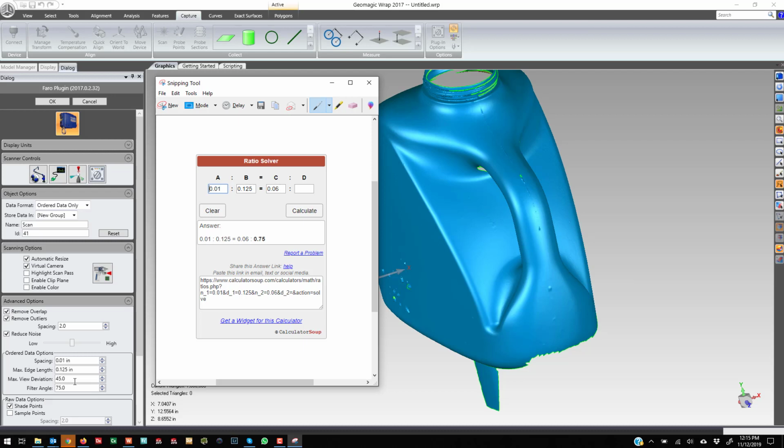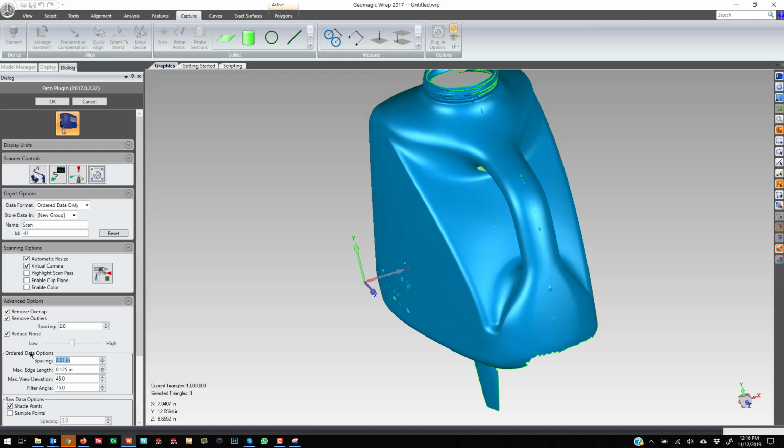Now the filter angle and the max view deviation, I don't need to worry about those. I leave those alone. But if I need to scan a larger object, I'll go up from 10 thousandths at an eighth of an inch to 60 thousandths at 0.75, right? So if I come in here and I do 0.06